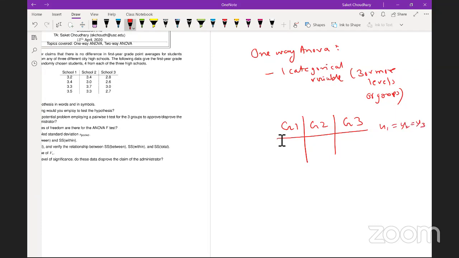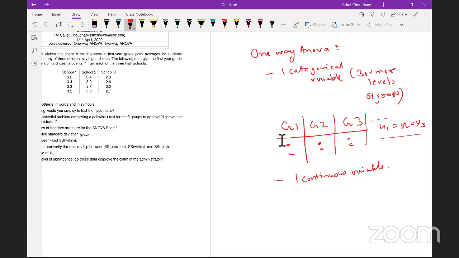Okay, this is an example. There could be more groups. And you have one continuous variable, and this one continuous variable value is what you get in these columns here. So this is C, C, C. Okay, these are continuous variables. So essentially, given this kind of information, we are interested in identifying whether the differences between these groups are